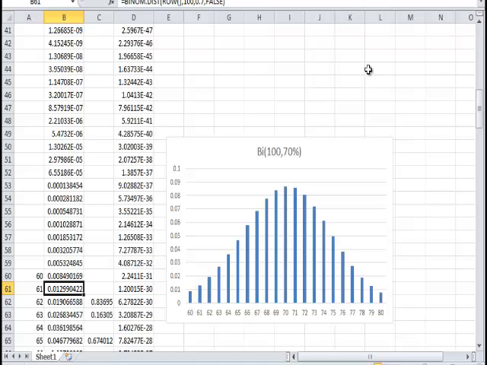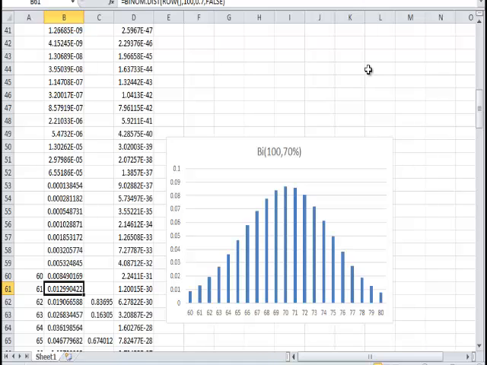Because if I want to say something about what will happen with 100 that is true with 100% probability, the only thing you can say is that it will be some number between 0 and 100, which is not useful. So now if I want to say something with 99.9% probability, it will be true 999 times, and it will be false one time out of 1,000. So then I can say that